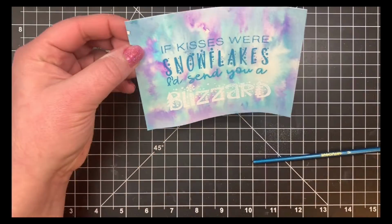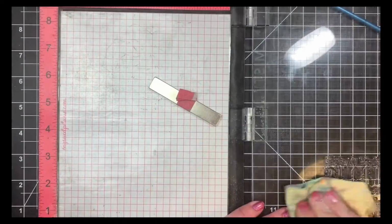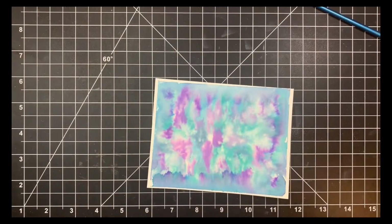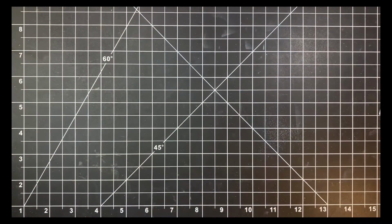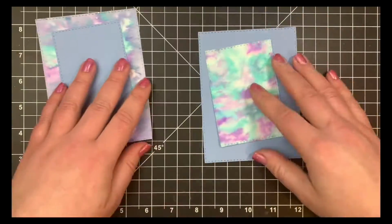The embossing powder will stick to it, but no big deal. I went ahead and put that aside, and we'll move on to the next card. I'm going to be taking 2 stitched rectangle dies. One is a larger die and one is the 3rd to largest die. And I'm going to be die cutting these last 2 panels, one large, one small, as well as a piece